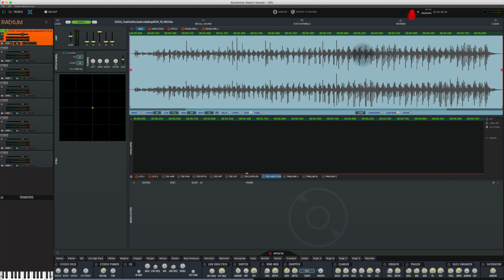So what I'm going to do is hit record. And what you realize is the counter hasn't started. And you're like, well, wait, I just hit record. What's going on? Radium will wait until the first MIDI note on to start the actual recording. So now when I push middle C and perform something,